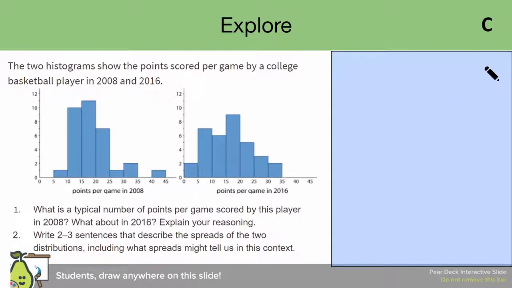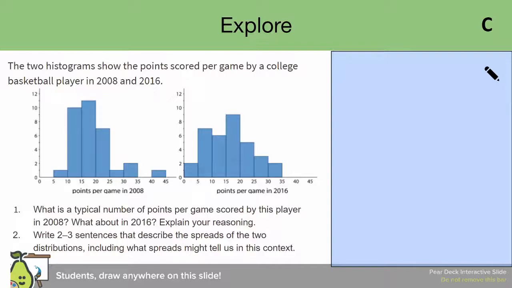All right, let's move on to explore part C. What I want you to do is to read the story, look at these 2 histograms, and let me know, what do you think and what do you wonder? All right, welcome back. So let's read the story together. The story says the 2 histograms show the points scored per game by a college basketball player in 2008 and